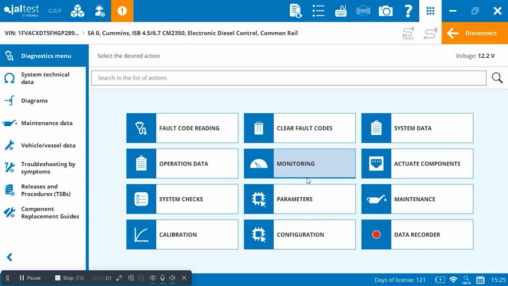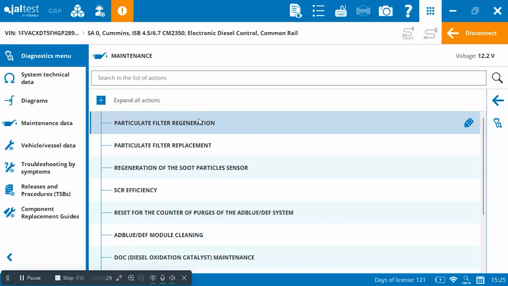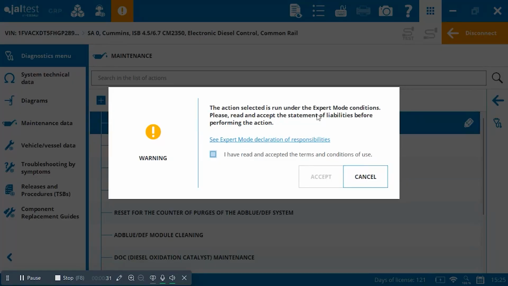One thing I do want to cover with everyone is what Cojali calls the expert code. The expert code is a 6-digit code that Cojali provides, and it's intended for whoever is managing the shop to control in the shop whether the technician can either just read fault codes or if he can actually change parameters. So if you go into, let's say, maintenance, and let's go to do a regen, the first screen that